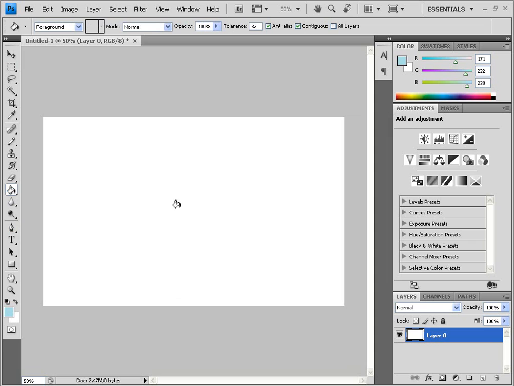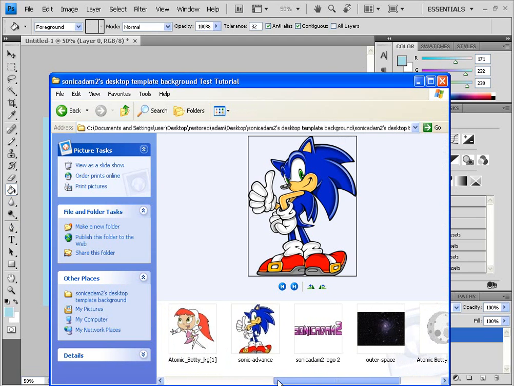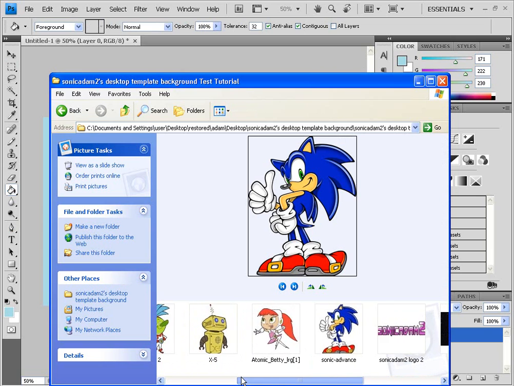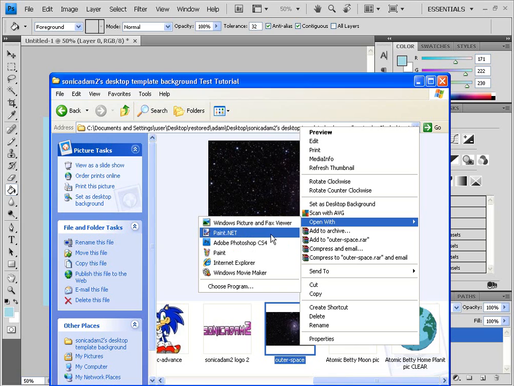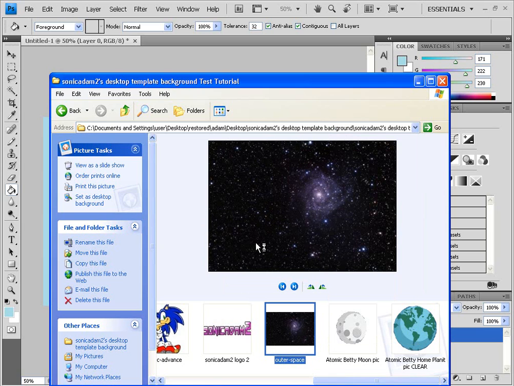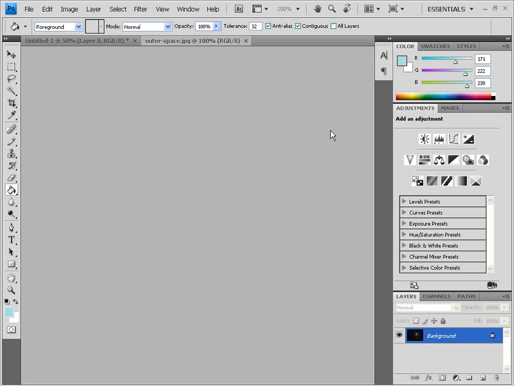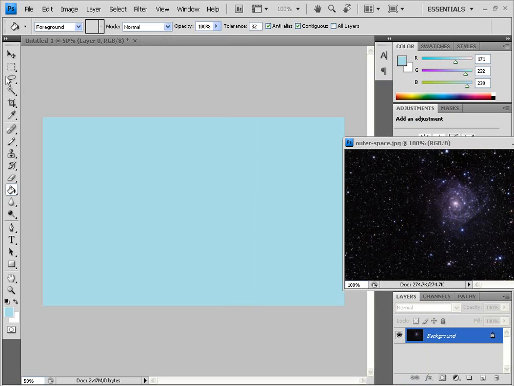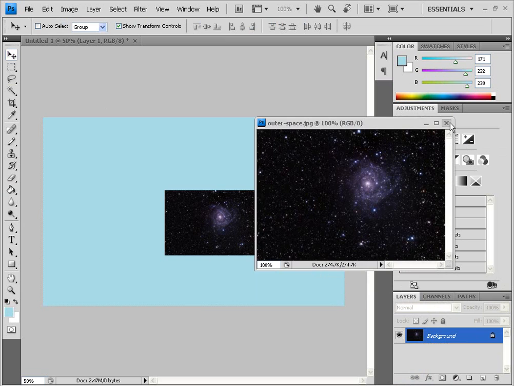And then you open up the outer space background. I chose this background because sometimes it's kind of cool, and you drag it here and then close it,